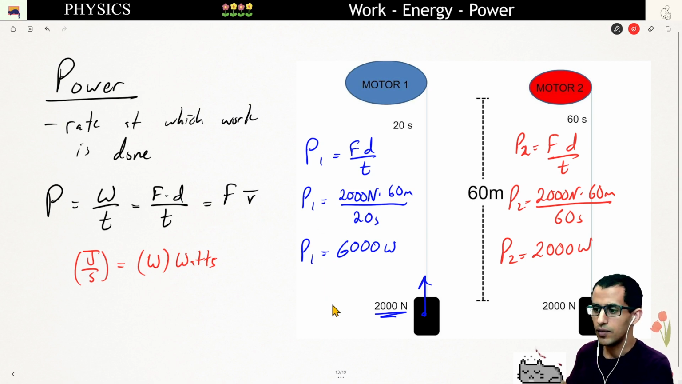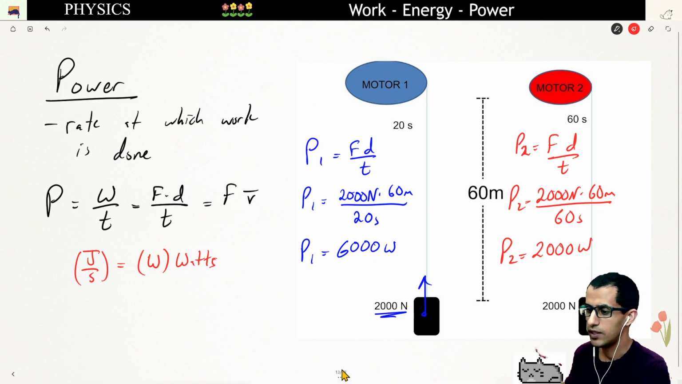And those are all the equations and concepts we need for the unit on work, energy, and power. And in the next video, we'll do some